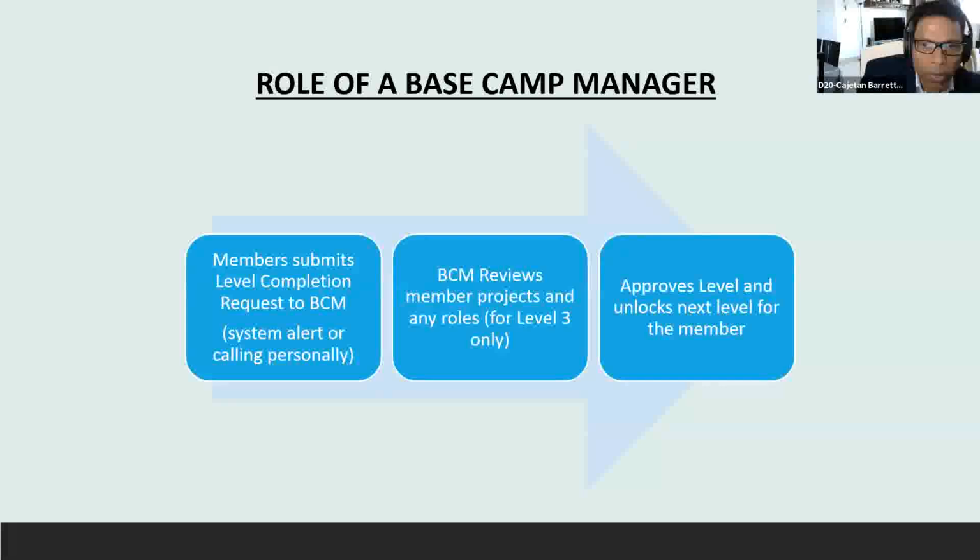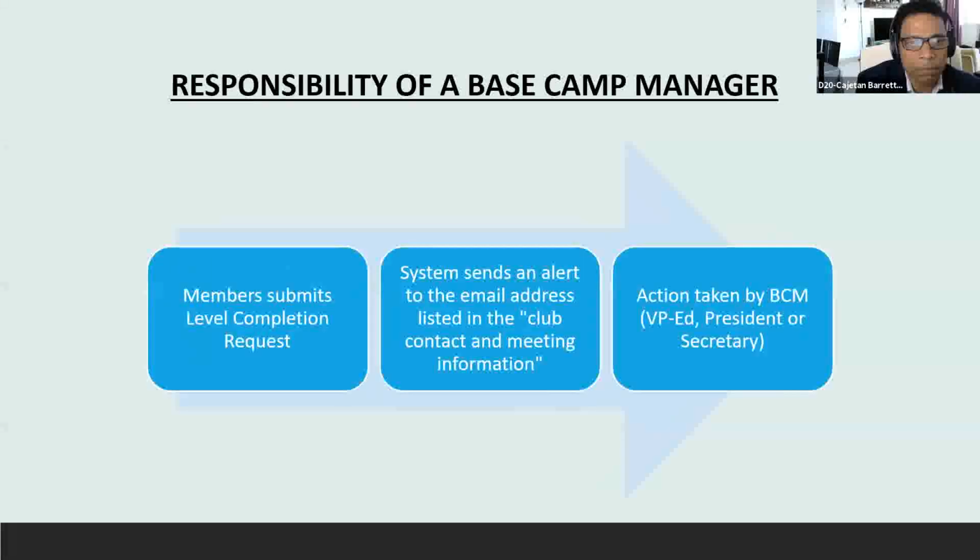But I will explain to you why it is a problem as of now, because when a member submits his level completion, the Basecamp sends the alert to the email address which is listed in the club contact information, and not to the VP ad. Now, how do we solve that problem? Because in future, probably the system will be enhanced to automatically send it to the VP ad. But as of now, it doesn't send it to the VP ad, it sends it to the email which is mentioned in your club contact. And if I was to show that to you,